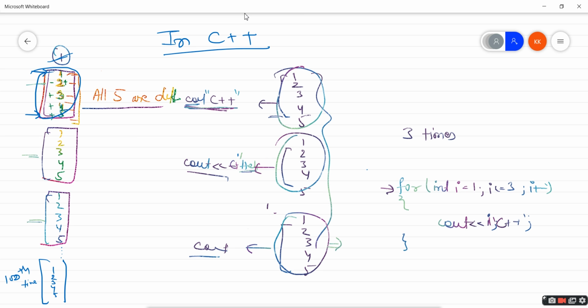I will just simply write this one. So instead of that I can simply write this for loop to print this cout 3 times. Just compare this cout with this output. We already have written the code to print this output, and I just need to repeat this output 3 times. That's it.